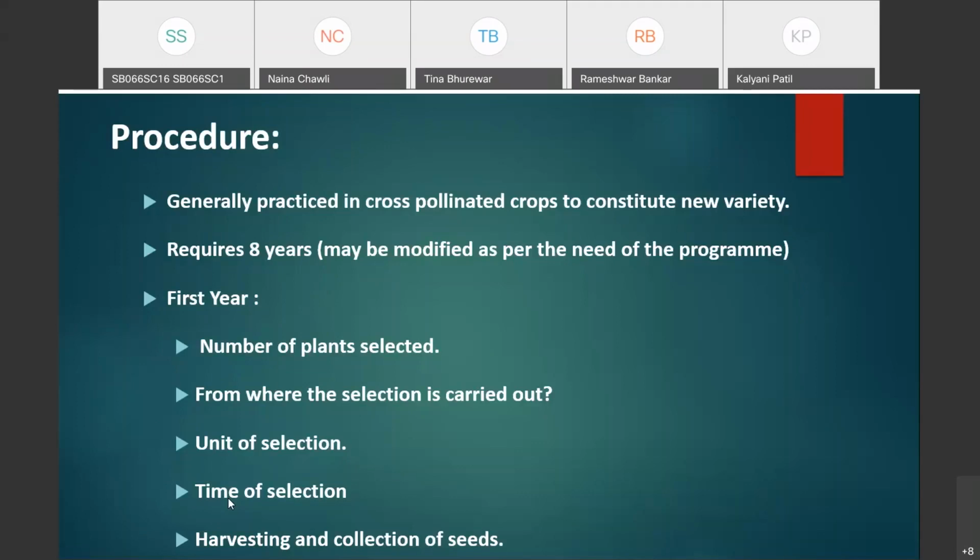Okay, and the last step in this one is the harvesting and collection of the seeds. After the selection in the first year, the harvesting and the collection of the seed is carried out. For the selection, generally the field is divided into different equal compartments, say 10 square feet,